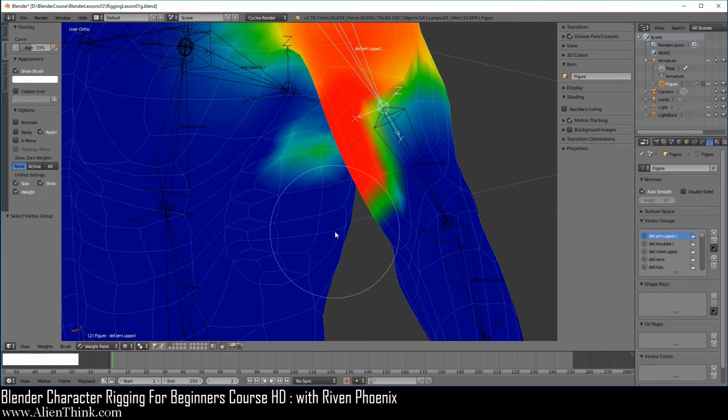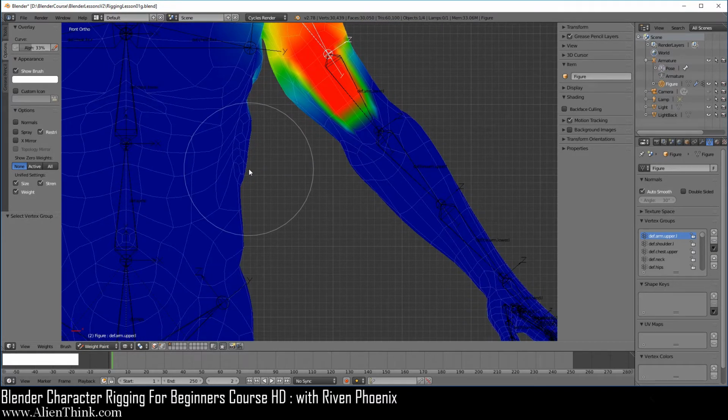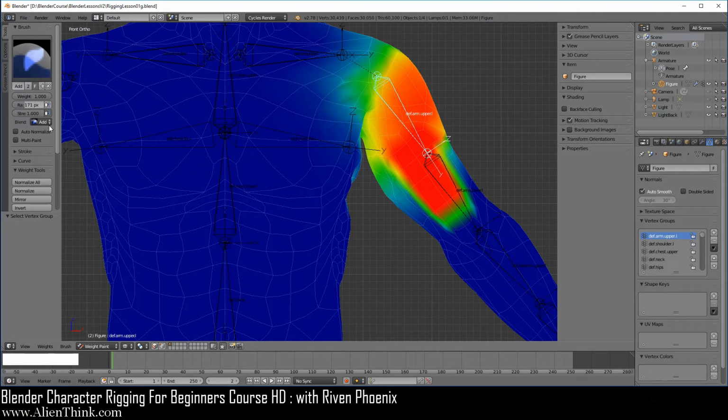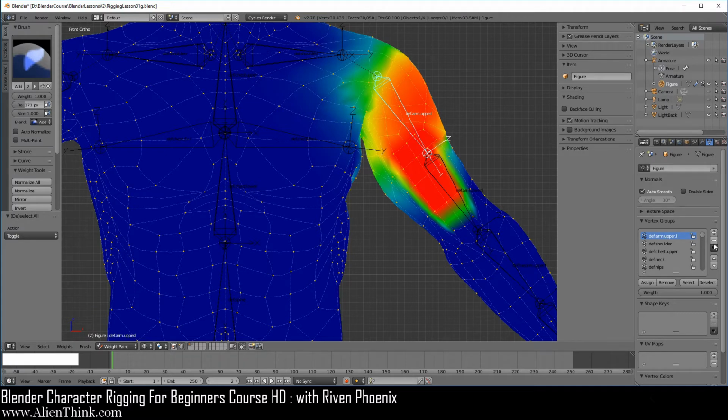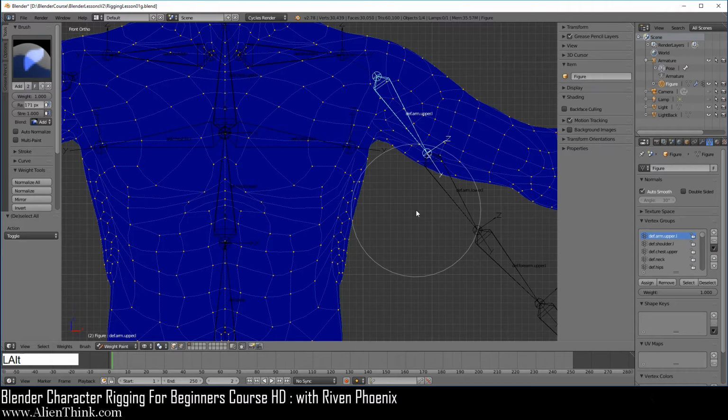Okay, now press the 1 key over here. So let's say that over here we wanted to, for some reason, add vertices over here, and we are switched to tools over here. So of course, if you click it, it's not going to do anything. Okay, now let me just show you where the confusion comes. Let's say if we weren't using the automatic weight system and we click over here, do A to select all the vertices and go over here and just do remove from all groups and press Alt R to reset this bound and go ahead and turn this off.